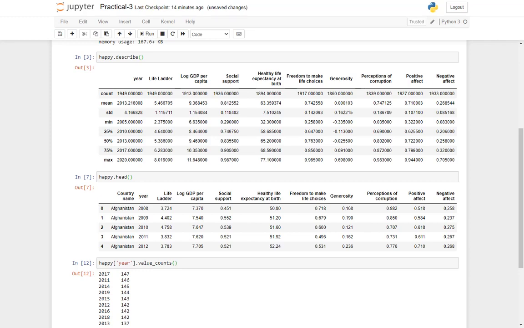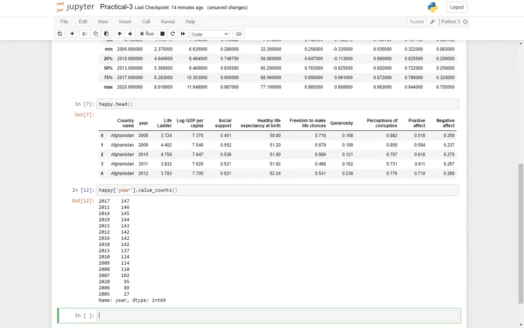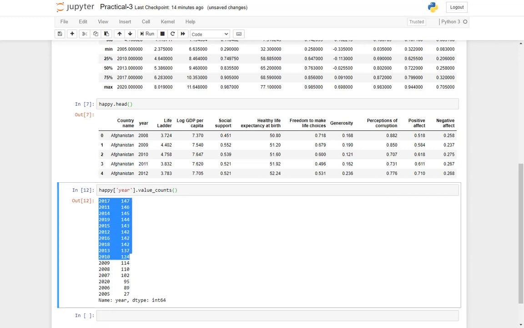Yeah, so if you will see, for the year 2017, maximum data has been recorded. For the maximum number of countries, the data has been recorded for the year 2017, and the minimum amount of data for the countries has been recorded for the year 2005.